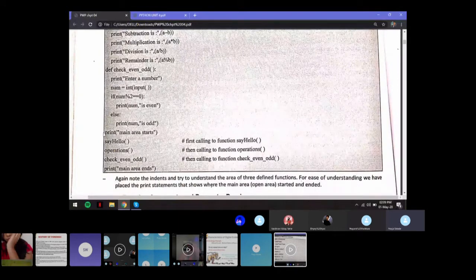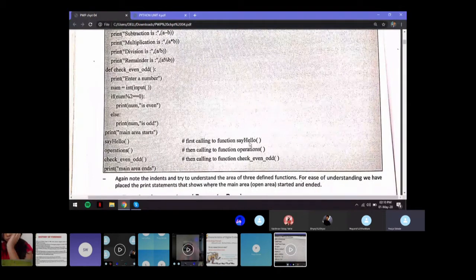Now over here, where your main area starts, you're calling the function say_hello by simply writing the function name followed by parentheses, no colon, nothing. So say_hello will call the function say_hello, and then it will execute all the statements inside that function.